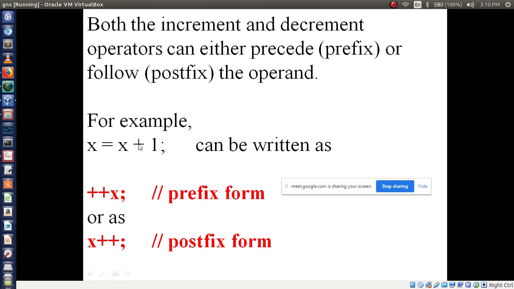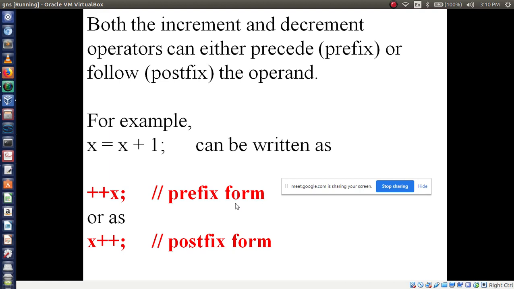See, if we write plus plus before the operand, it is called prefix increment. If we write plus plus after the operand, it is called postfix increment, right? You are familiar with prefix and postfix in DSA, the conversion from infix to postfix.